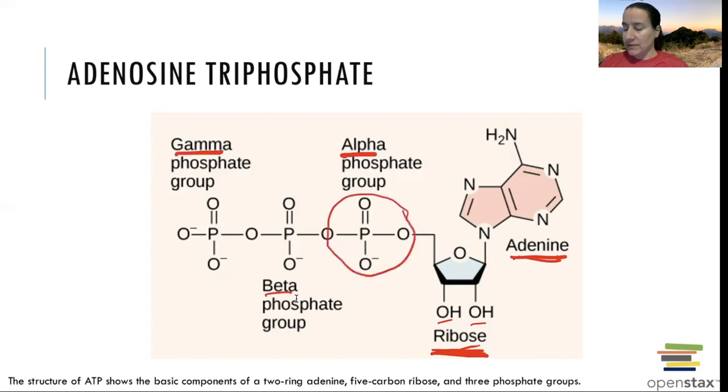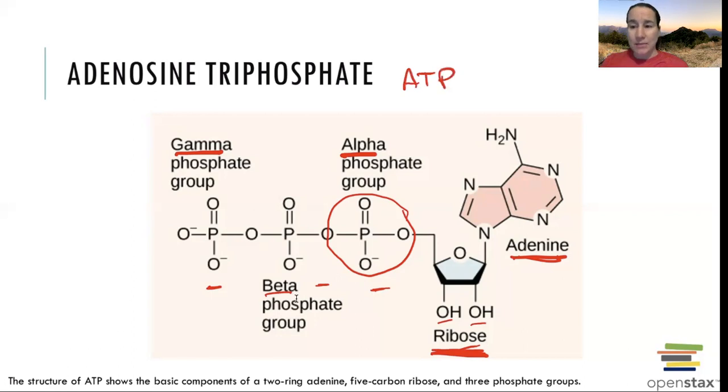And our phosphates have negative charges. So each one of these has a negative charge. And if any of us remember from kindergarten, preschool days about magnets, if you had two magnets together and you had two negatives, they wouldn't want to go together, right? If you flipped it and you had a negative and a positive, then they would stick together. But two negatives don't attract each other. They actually repel each other. So these have slightly negative charges. That's kind of important because we said that this is adenosine